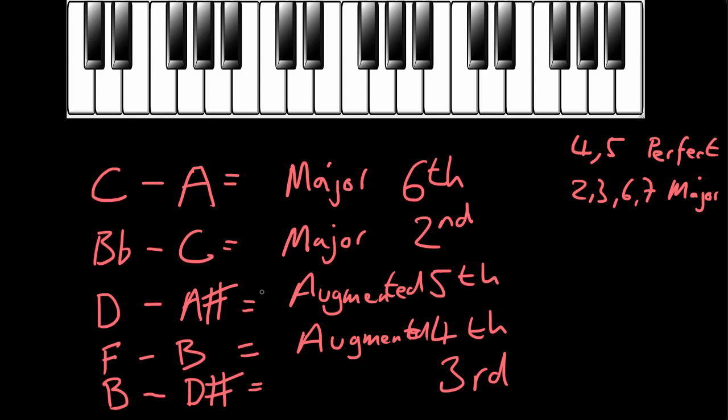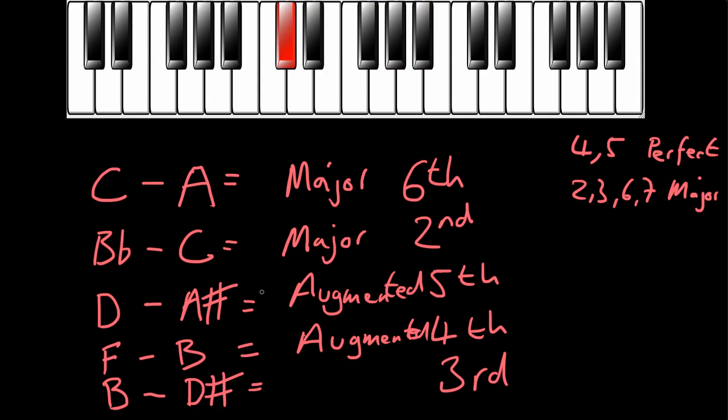And to finish off, let's just work out this slightly more pleasant sounding interval between B and D sharp. We've already worked out that we're dealing with some kind of third, and the next question we need to work out is, are we dealing with a major third or a minor third? Well, we need to look at the B major scale, and the B major scale has lots of sharps in. In fact, it has